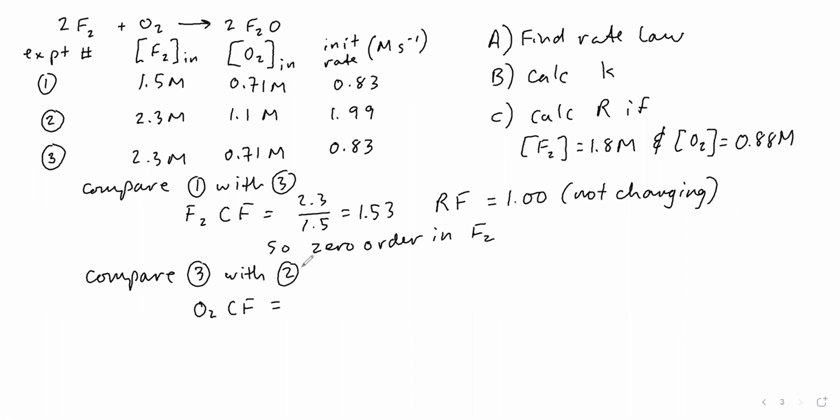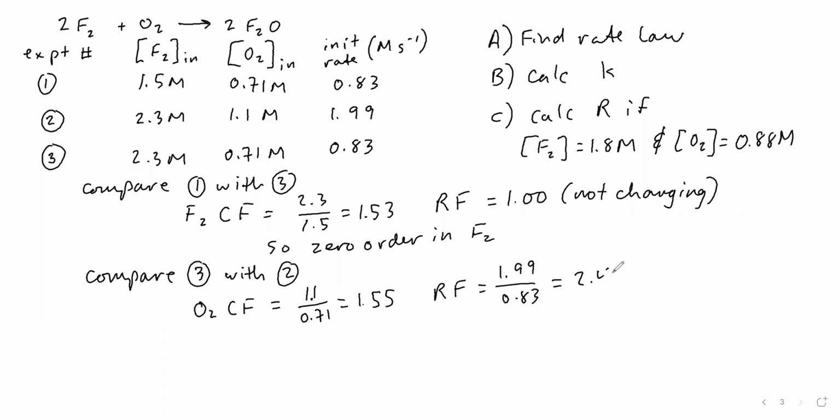And so as I go from row 3 to row 2, I see that my concentration of O2 goes from 0.71 to 1.1, so bigger on top, smaller on the bottom, and I get the value 1.55. And when I look at my rate factor for experiment 3 and experiment 2, I put my 1.99 on top, 0.83 on the bottom, calculate my value, and